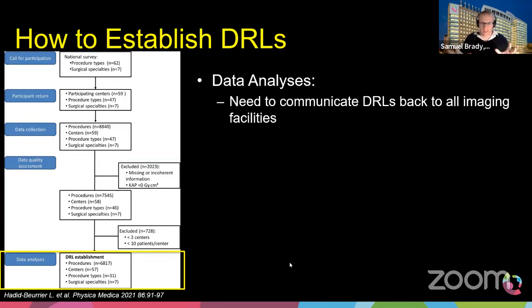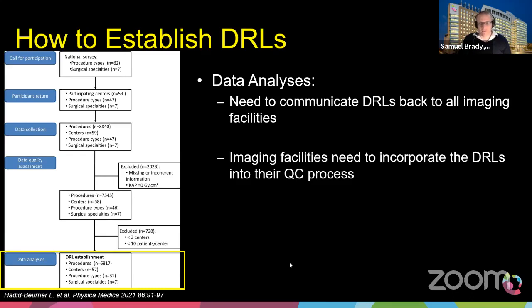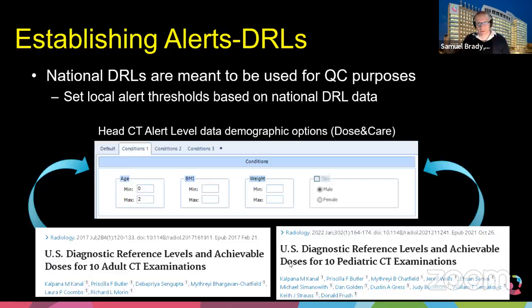All right. Now then, at the national level, we've established the DRLs, but that's not the end. That's not conclusion. We now need to take those DRLs, the data, and give it back to the local institution. And once we have it back at our local institution, we can compare our numbers, the patients we're imaging every day, to these DRLs. And then we can start to look at which protocols are maybe too high, which CT scanners or X-ray scanners are too high, and we can start to apply QC.